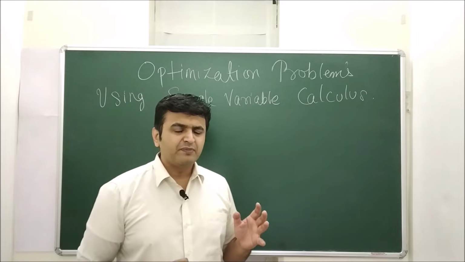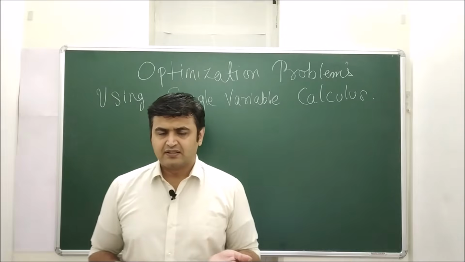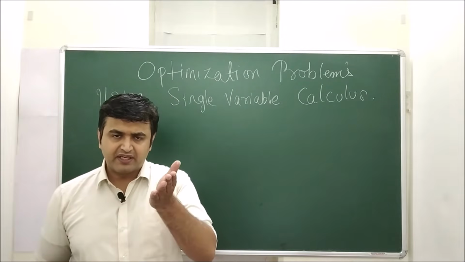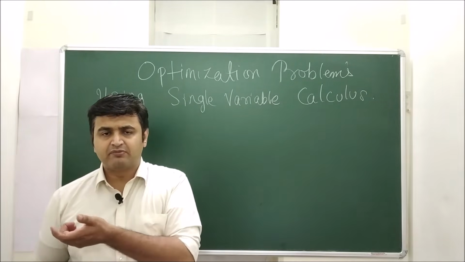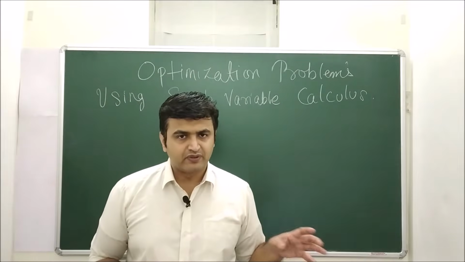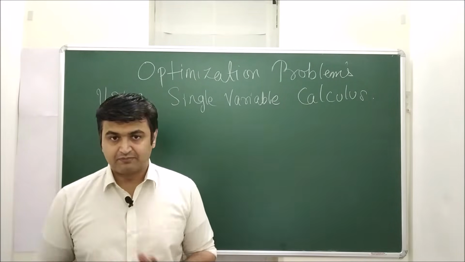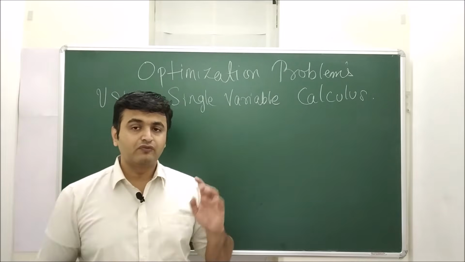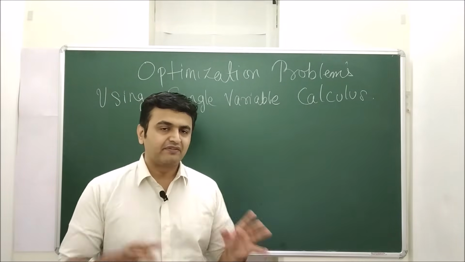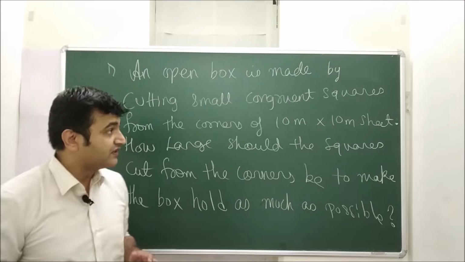Now usually people categorize them into 2 ways, like some say that they can be either solved using a closed interval method or using the first derivative test. Now what does that mean, I will tell you with the help of an example. Okay, so let us go for the first example. Let me start with a simple one. So here is the first question.